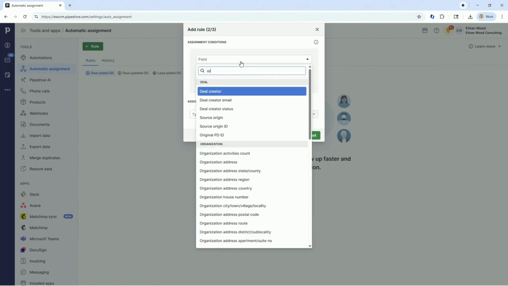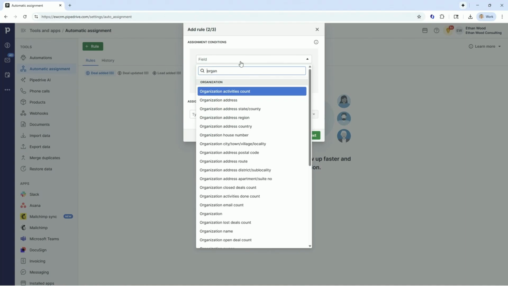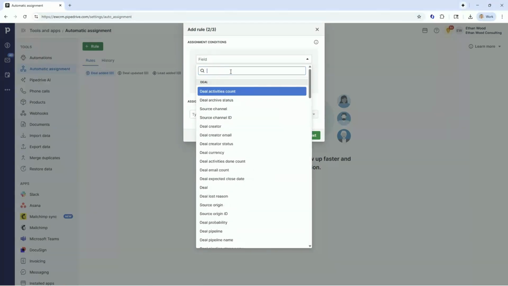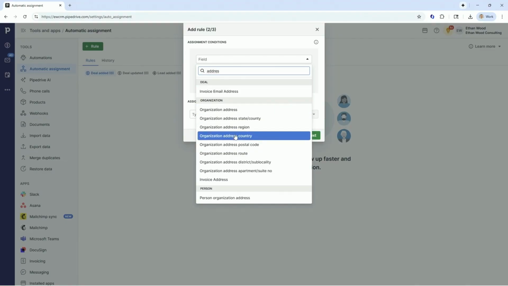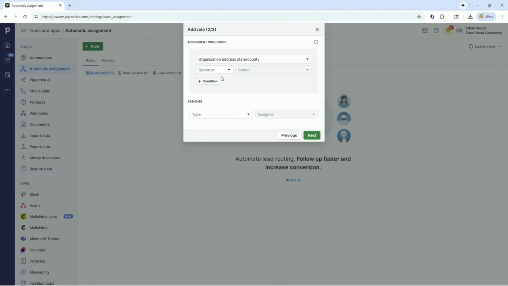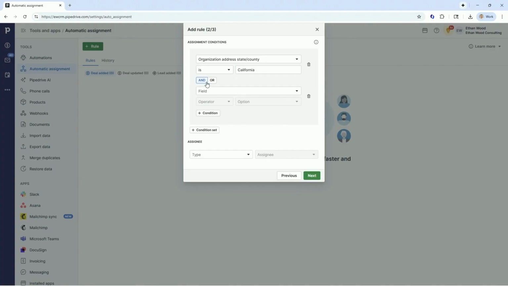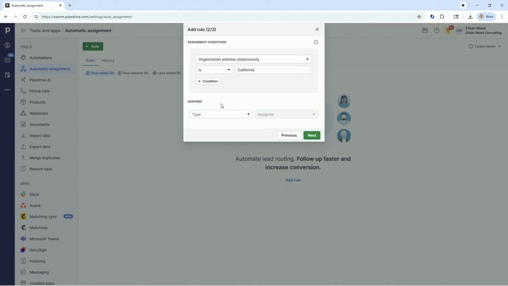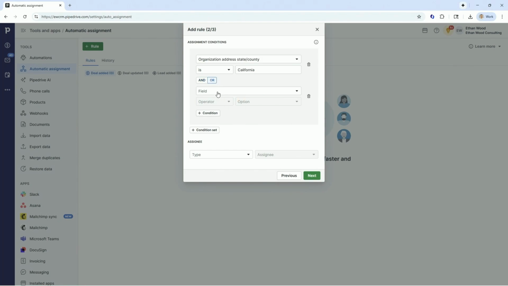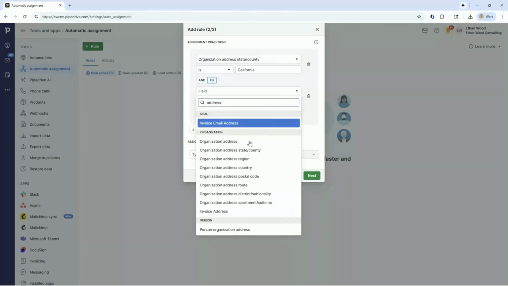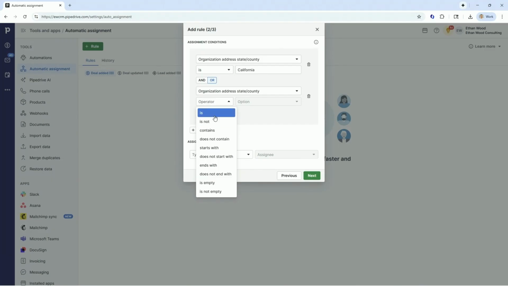Maybe we want to do it based on the organization's address. So say we have a sales rep that handles California, Oregon, Washington, the whole West Coast. Well, if we took the address, we could break the address into the regions in the micro sections. So we would take the organization state is California. Then we'd add another condition. We'd add an or condition. There we go. Or the address state is,